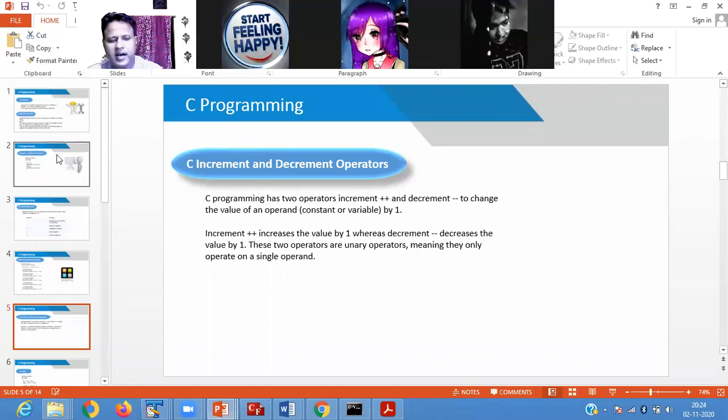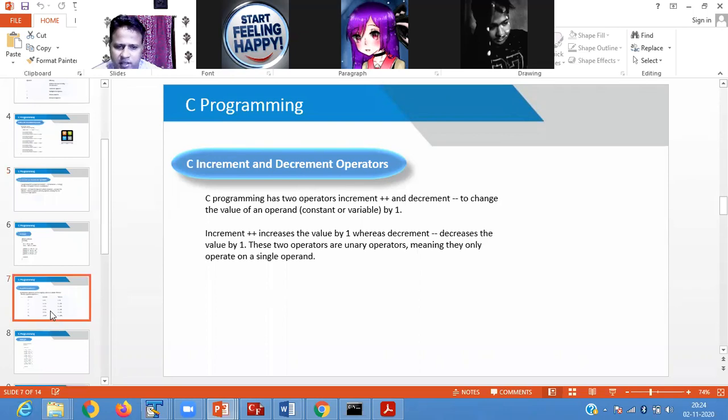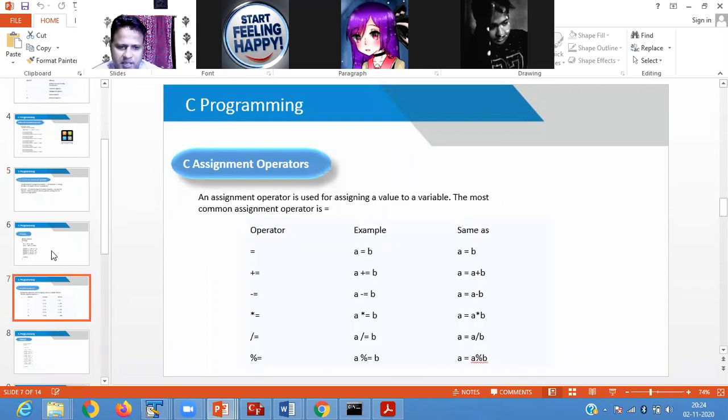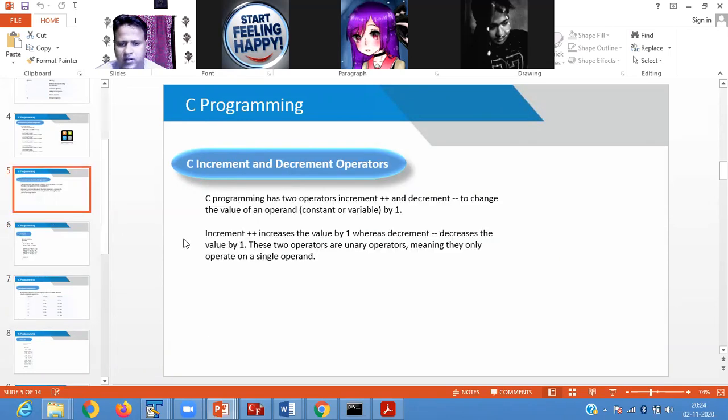Then in assignment operator, we have two types of operator. One is simple assignment operator, another is complex assignment operator. We go for it. Then before that, we go for